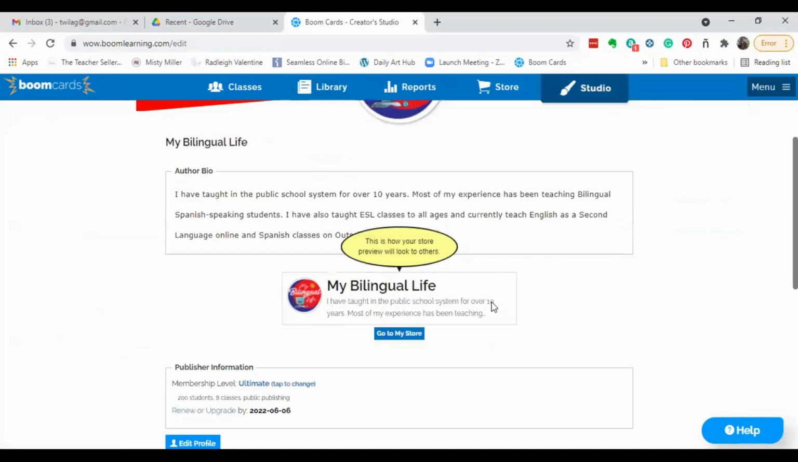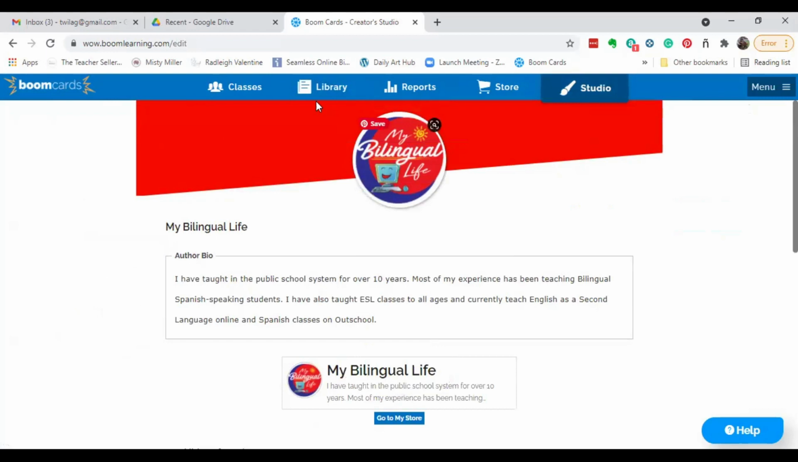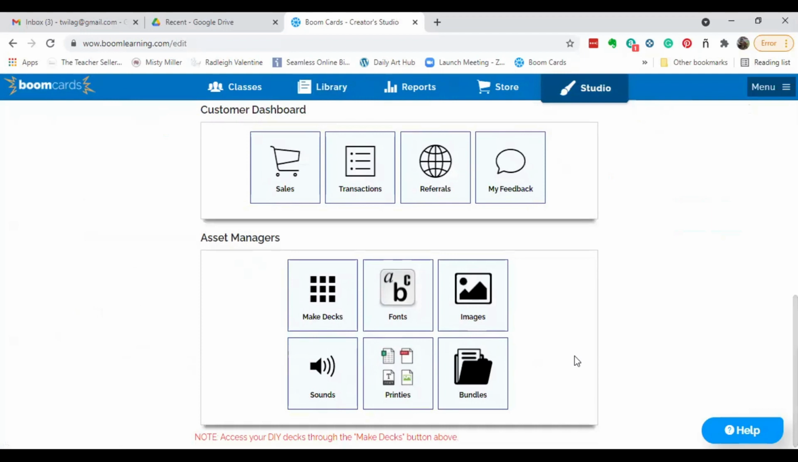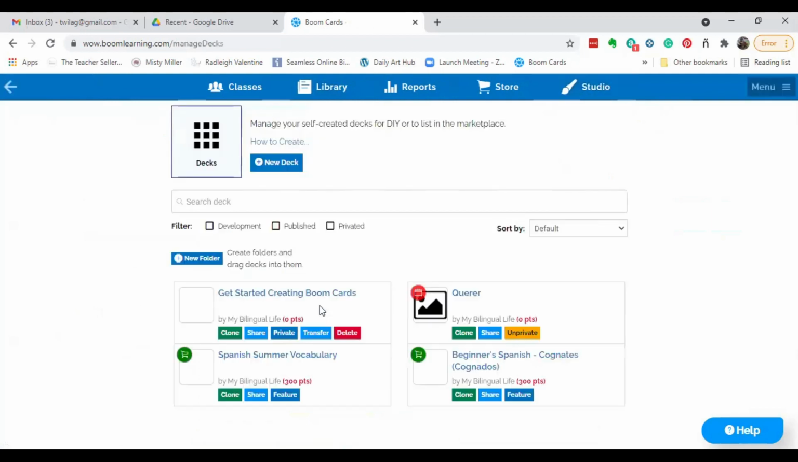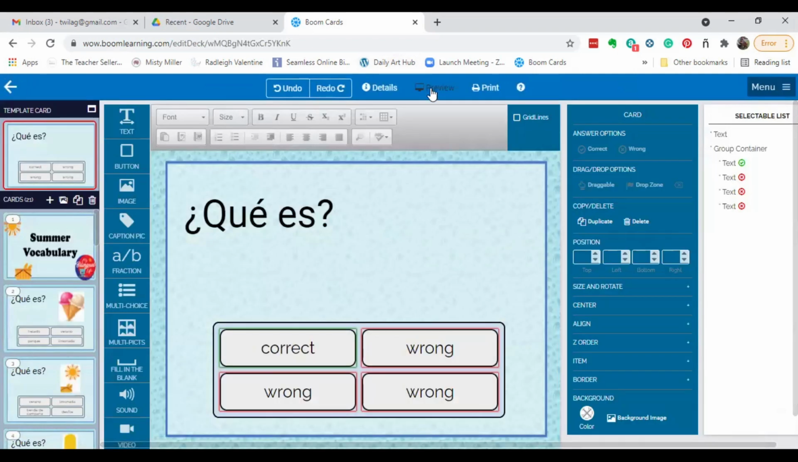So I'll spend just a minute and show you one of the quizzes that I made. It's not very intuitive to me because I would feel like my card decks that I have created should be in the library, but they're actually under Studio. This would be where you would create your decks. So I'm going to go here to make decks, and here's some of the ones. We have a great get started one. I'll show you my Spanish summer vocabulary. It's very simple. Okay, so if I wanted to share this with my class,